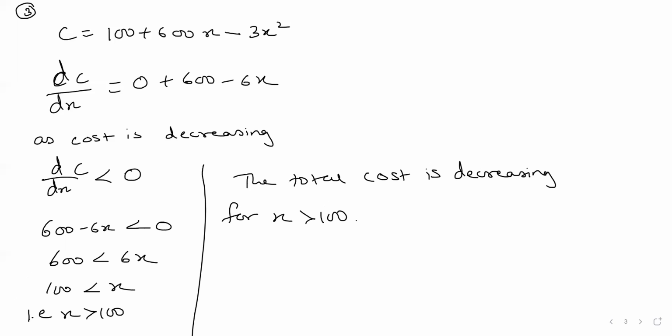They give you the function, you have to just find out whether it is increasing or decreasing. Sometimes you may be required to find the function first and then find out whether it is increasing or decreasing. For example, in question number 4, they say the total cost is 180 + 4x. The manufacturing company produces x items at total cost 180 + 4x. The demand function of this product is P = 240 - x, where P is the price. Find x for which revenue is increasing, and for which profit is increasing.